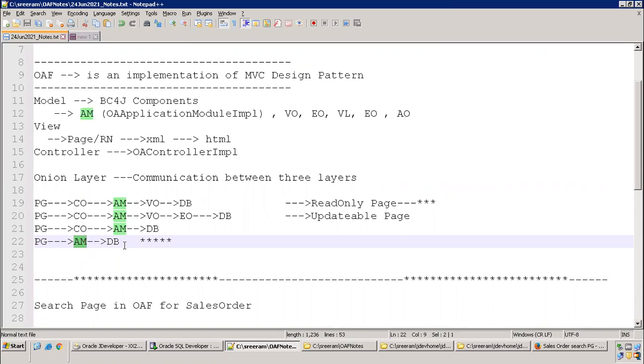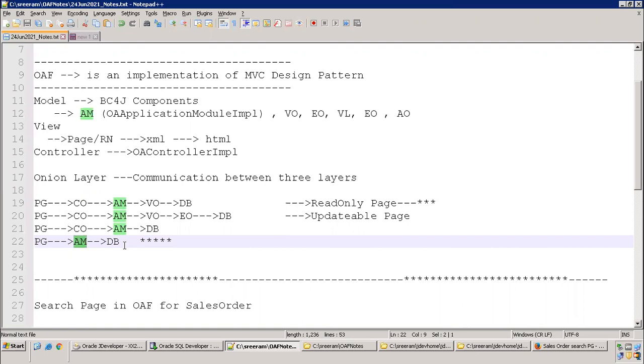But what is the need of the AM? The AM validates your user credentials. It assigns the memory allocation, and does a number of other things. Also, the AM is a pure Java class, but who is running it? There should be a runtime manager, nothing but the application server, which is running it. When you run a Java component, you are creating an instance of it, allocating memory to the AM.